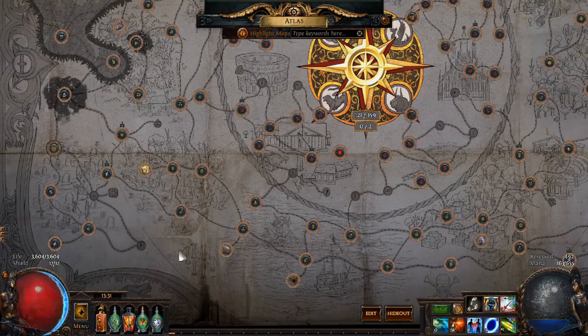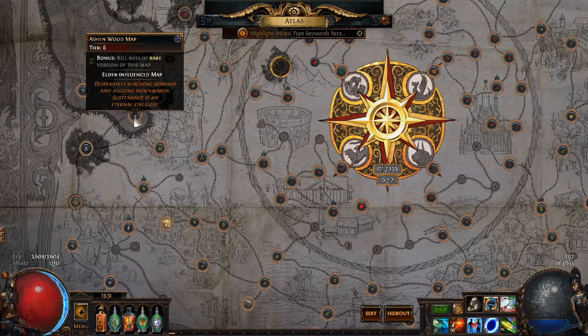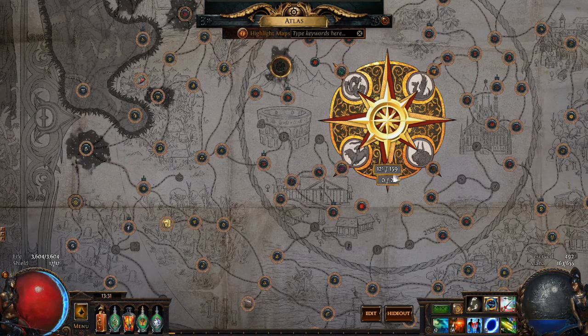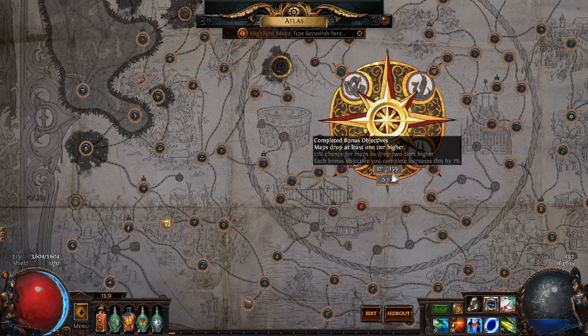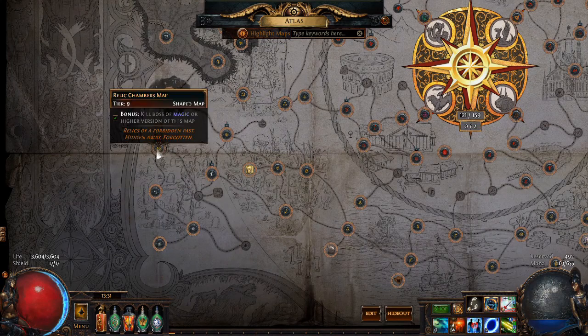Yeah, and this goes for any map you want to farm. If you want to farm a tier 6, you would uncomplete all tier 6s and tier 7s. You want to do the one you're on and the one above, because the bonus is trying to give you more higher map drops. And then the other thing you want to do is there's always at least one, usually just one,